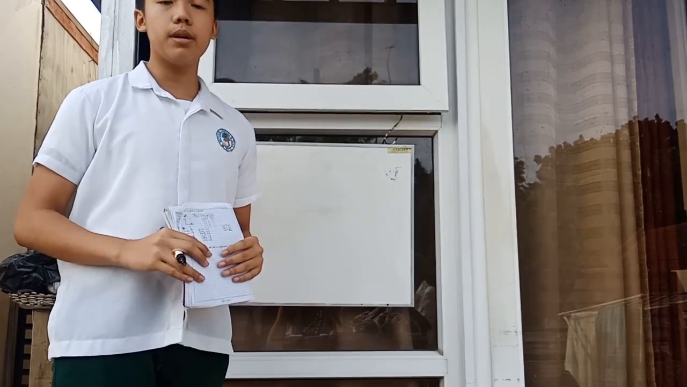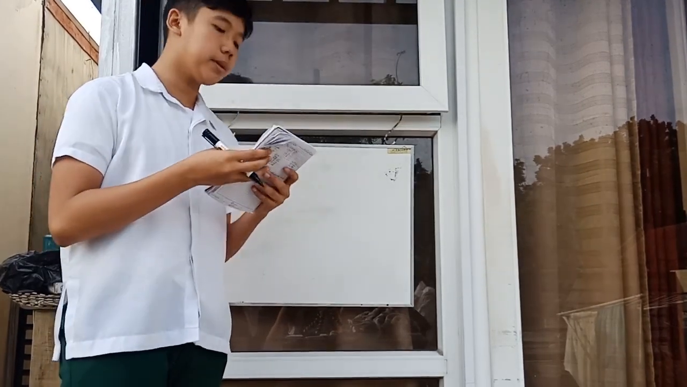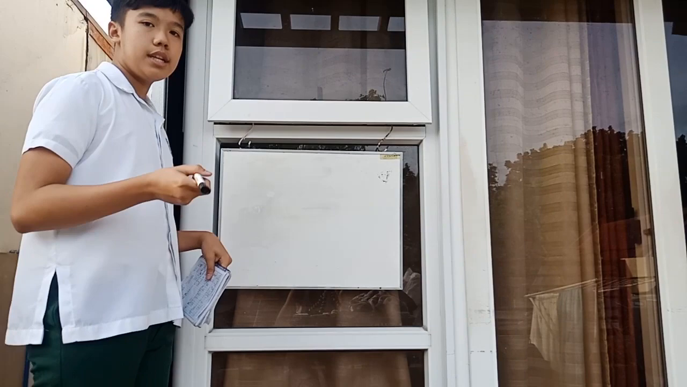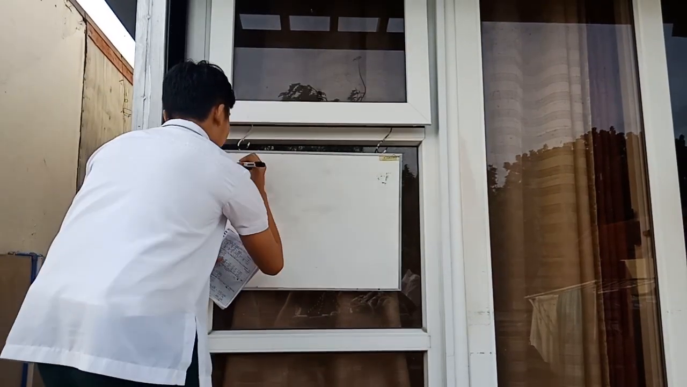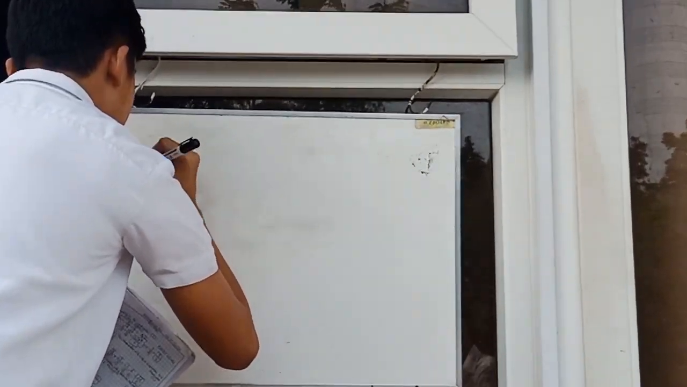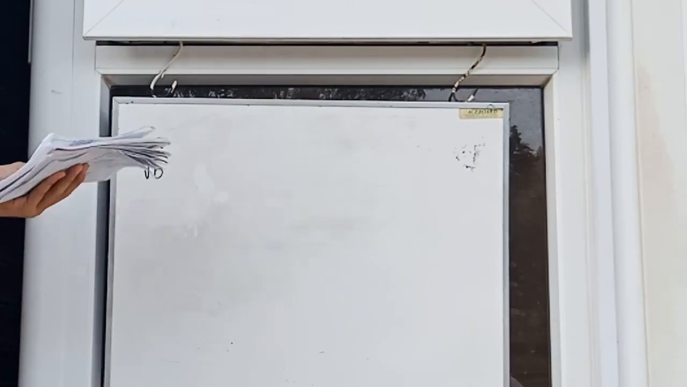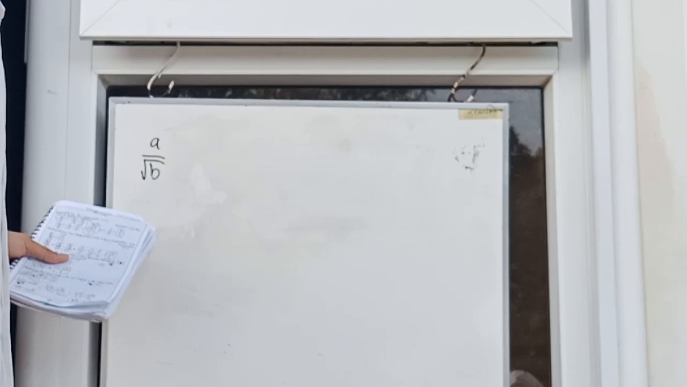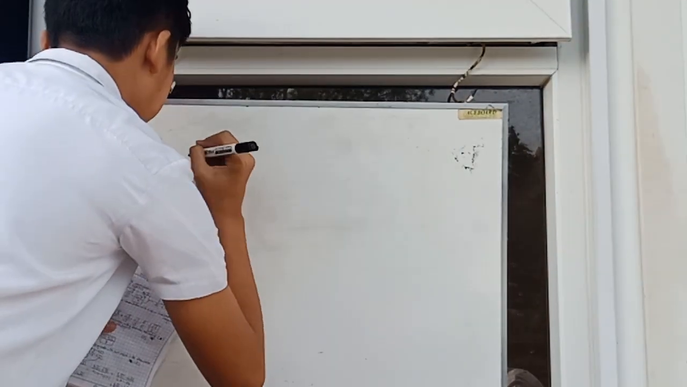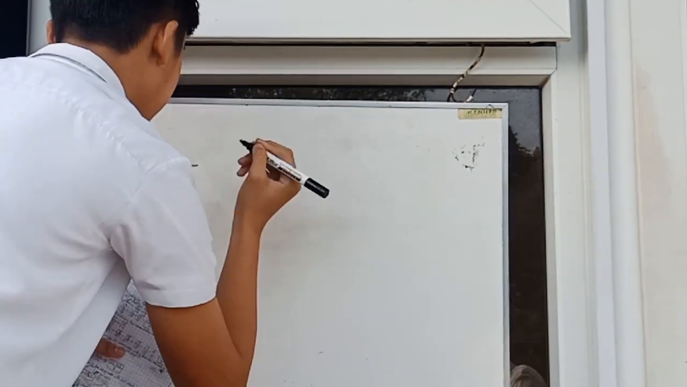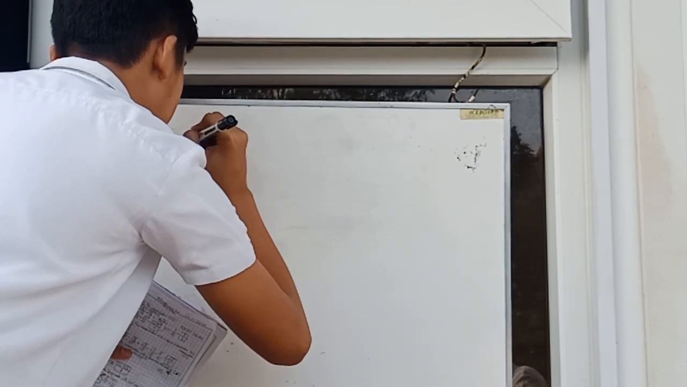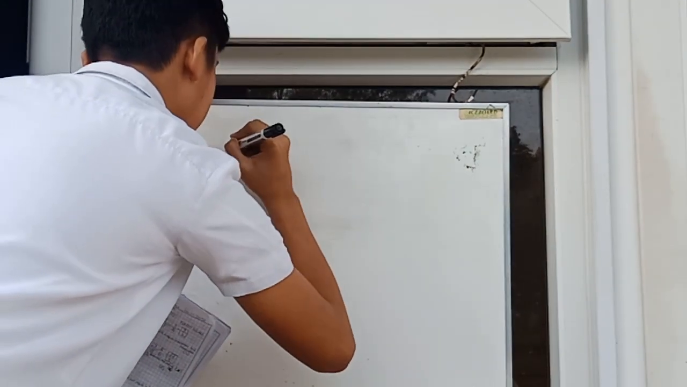Hello everyone, today I'm going to talk about rationalizing the denominator. In rationalizing the denominator, whenever you have a fraction, the denominator always has a radical. So when it has a radical, all you need to do is multiply the denominator and the numerator by the radical. And the answer is going to be